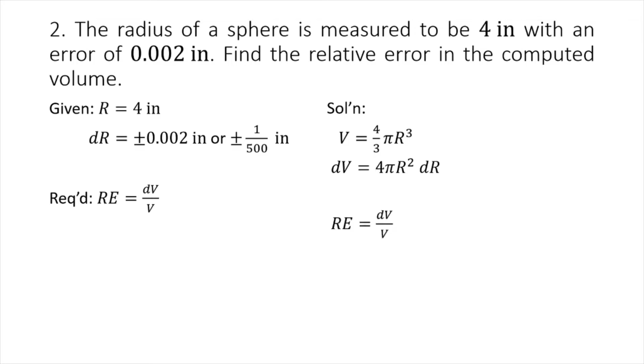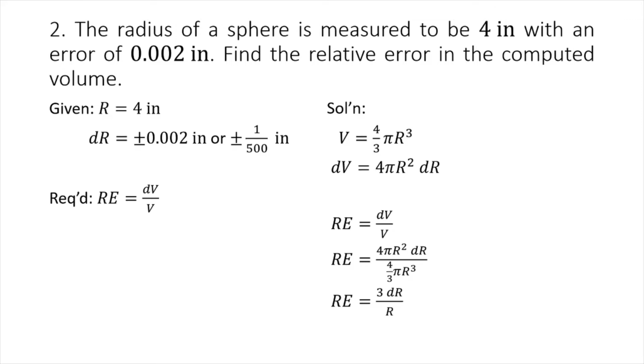Okay. So dV over V, plug in the equivalent expressions for dV and V. We have 4 pi r squared dr divided by 4/3 pi r cubed, and just cancel out the common factors. Okay, so this will give us 3 dr over r,